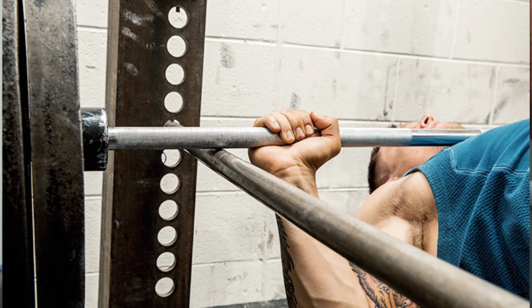And secondly, it's the pin presses. Now what are pin presses? Basically you're starting at the bottom and pushing, starting at the bottom and now you are at the top. So as simple as that. You place something on the sides, place the bar a little bit above your chest and just push it up. That will really help you at the bottom point of your bench press,